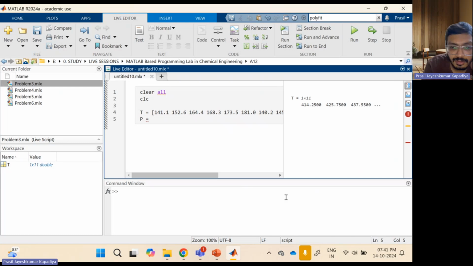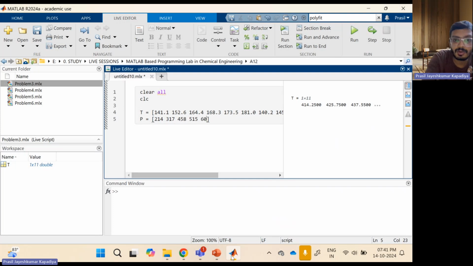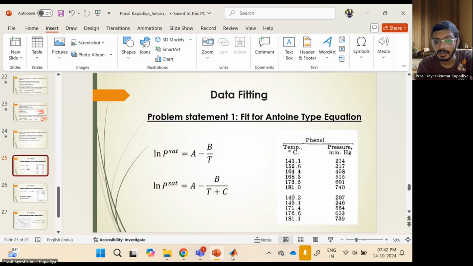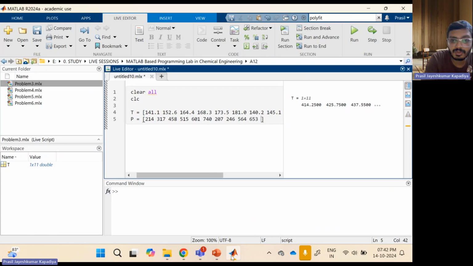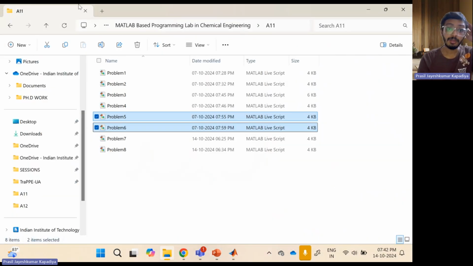Okay, what is the value of pressure? So pressure is in mmHg: 214, 317, 458, 515, 601, 740, 207, 246, 564, 653, and 739. So this data is taken from some reference paper, and let's try to fit it and match it with